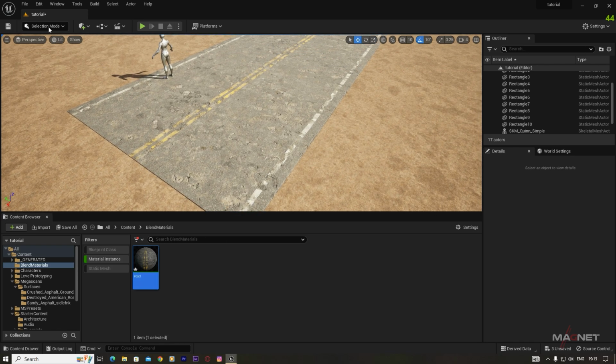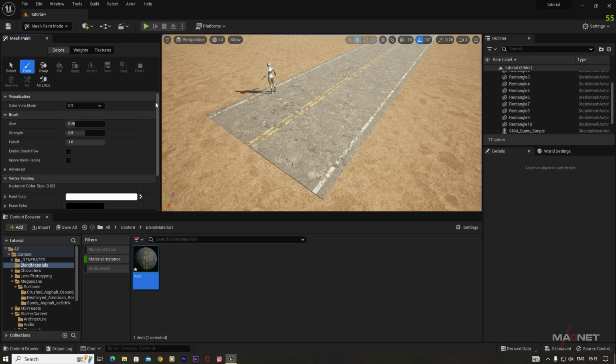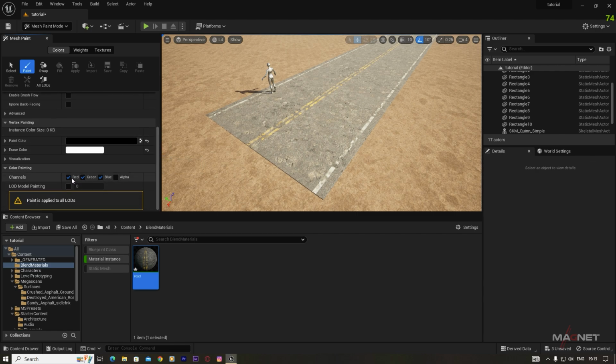So for this, I'm going to go to the selection mode, and we go to this mesh paint, just like this. And then also we click on this paint button here, and here we just go down and we swap this color here by clicking here. And here you can find these three types of channels, that is the red channel, green channel, and this blue channel. So first we disable this blue channel, because this blue channel is for this puddle layers. So just disable this blue channel here, and also we disable this red channel here,